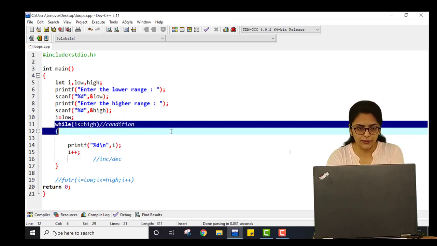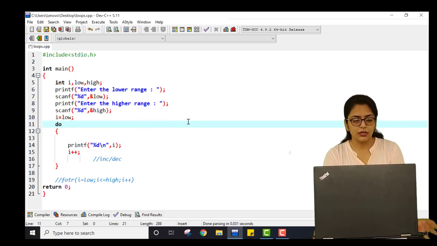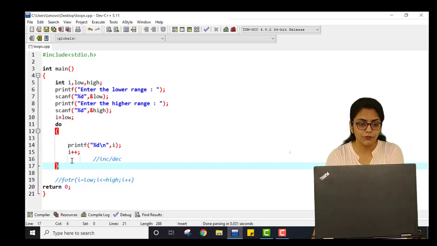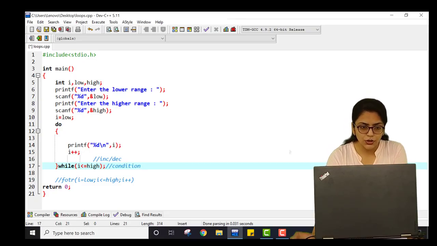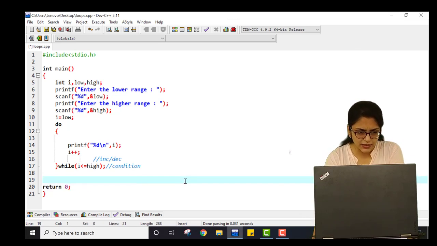So this is a similar thing, but here, let me cut it over here and say do. See here, if you have observed, I am not checking the condition, it is directly doing something. What? This thing. So it will do, and here I will place while this. So what is happening over here? Can you see this? Let me erase this first and see.